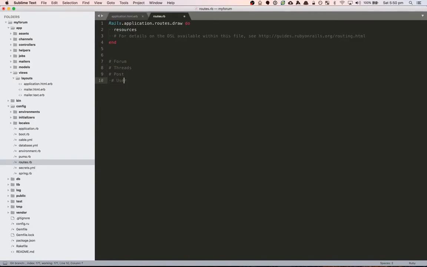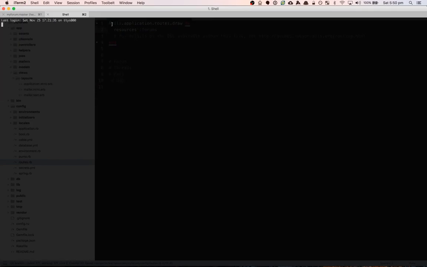Get rid of this. Yeah, we can leave it. It's a good reminder. Now routes has a keyword method to it. It allows you to do things like this: resources forums. And this basically says to Rails, go and create me... well, actually, let's show you. So let's open a new tab. We'll save that and